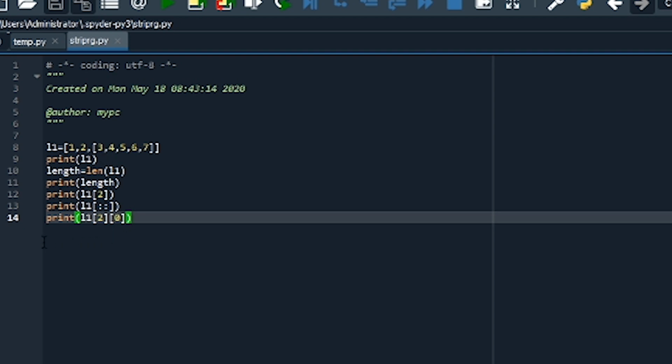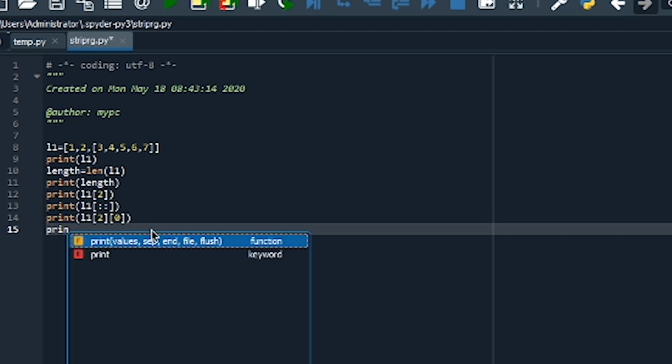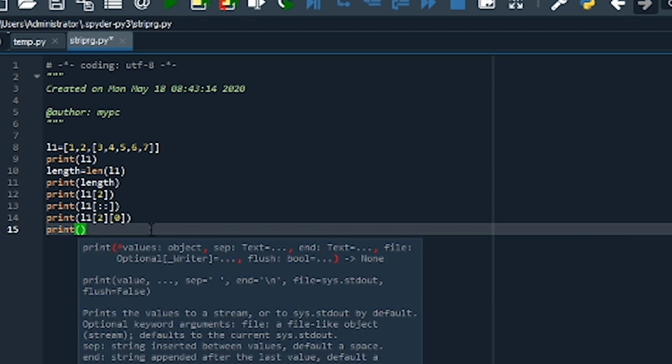Now if I give here a print statement with L1 second index, and if I use the starting, ending, and the step set to 2, that means to display the alternate elements of the list.